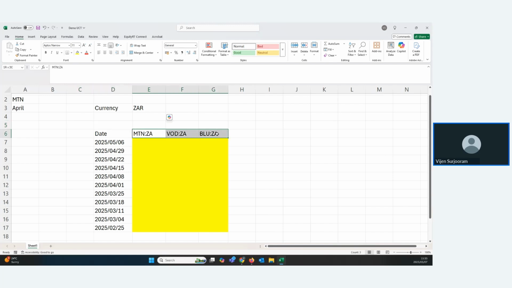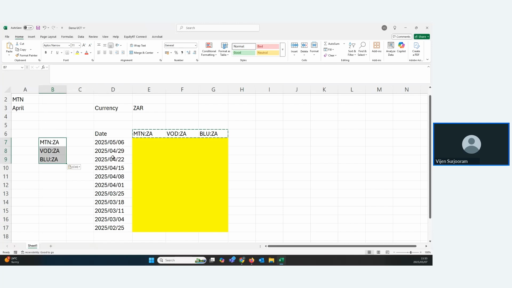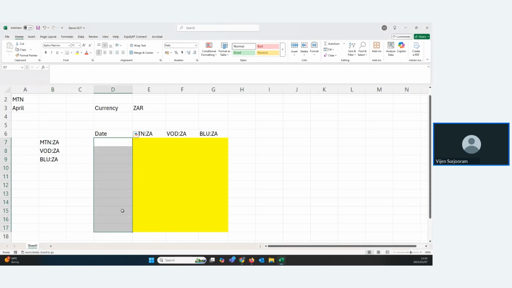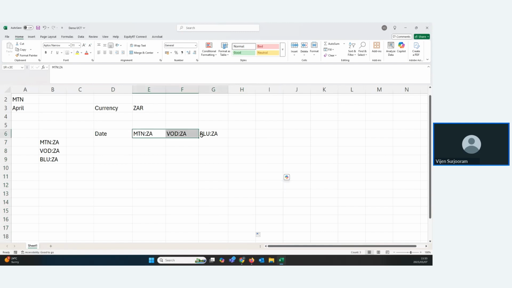We want to now, let's take these and let's transpose these here. And this time, what we want to do is we want to change how this table looks. And we've got the exercise now, we want to compare the revenues of these 3 companies over the last, and we're no longer looking at a specific date, we're looking at a specific period, because now we're talking about financial year ends. So we want to look at financial periods, and we're going to look at the financial periods over the last 4 revenue,